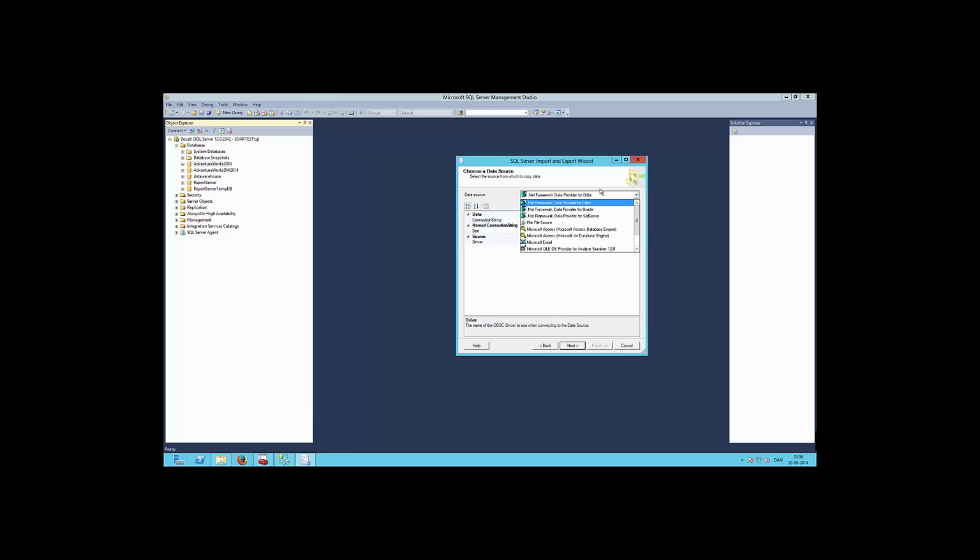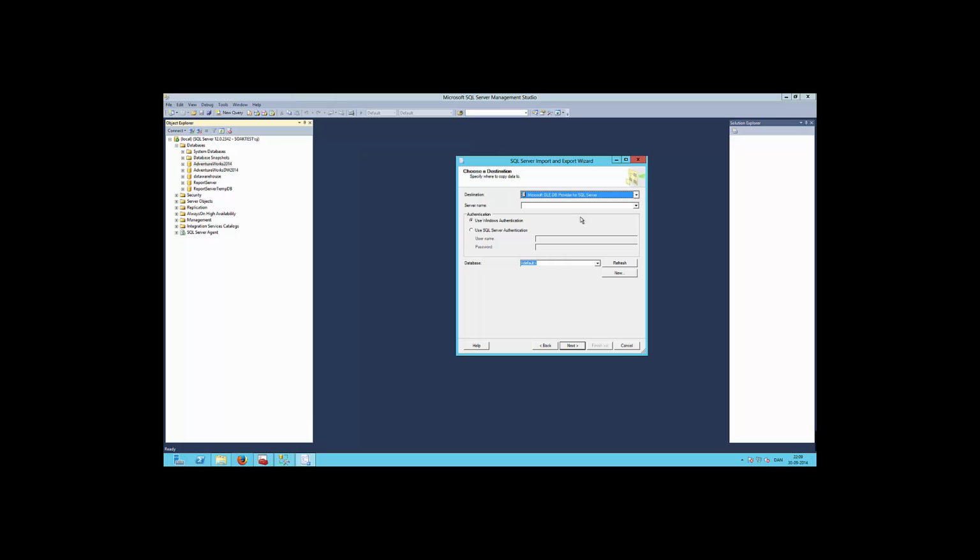But I click drop down and I choose instead that my data source is an OLEDB provider for SQL Server. I could have chosen a native client instead. Server will be local, and since I ran this command from the AdventureWorks 2014 database, I right clicked on that, then it has pre-filled this database. For destination, I once again choose the OLEDB provider for SQL Server. I choose my local database server, and then I choose my data warehouse.